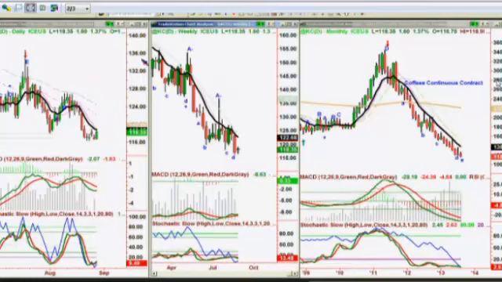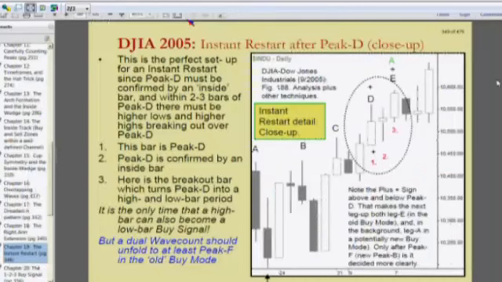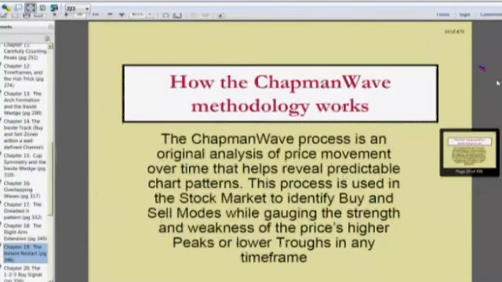So now I come to the daily chart and the Chapman wave methodology. Let me just go through this for those of you who are new to my work. I do something very simple. I look at chart patterns. I look at bars. I use candlesticks before other information, but if I had to just look at the bar, let me go to slide number 11 on this CD introducing the Chapman wave methodology. There it is, 11. You can look at bars, and you just see higher highs and higher lows.